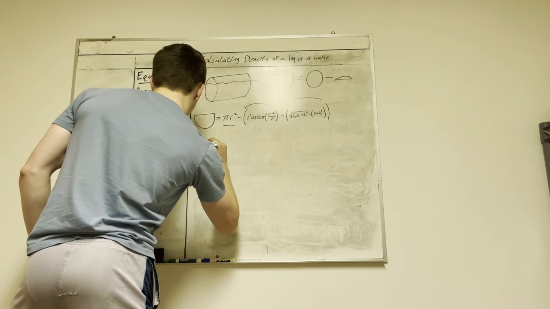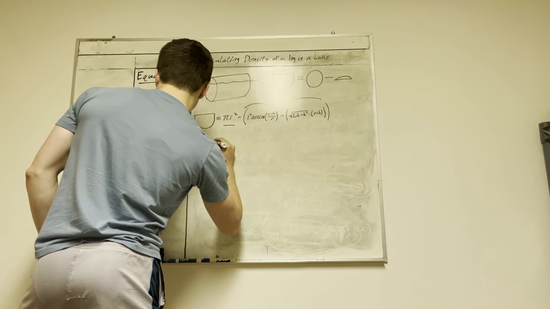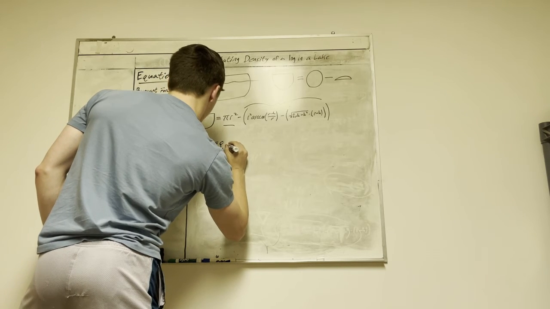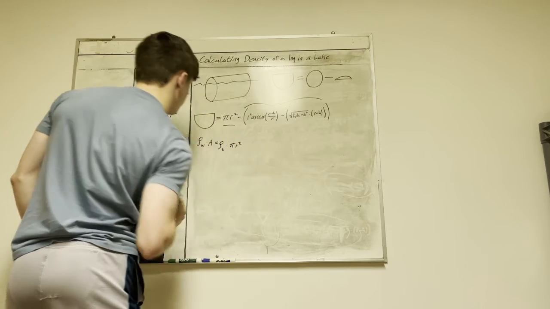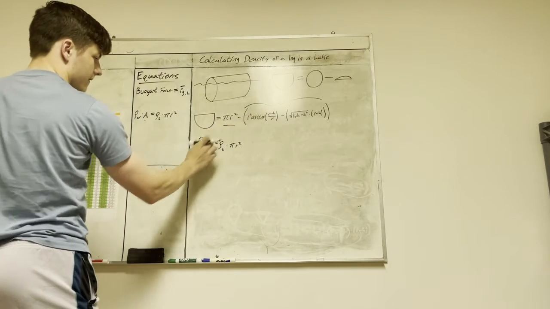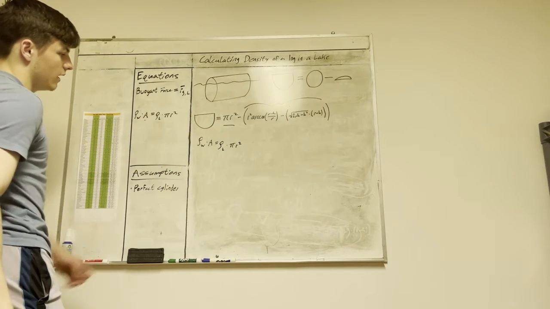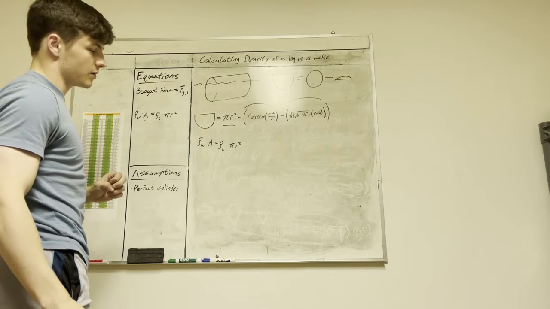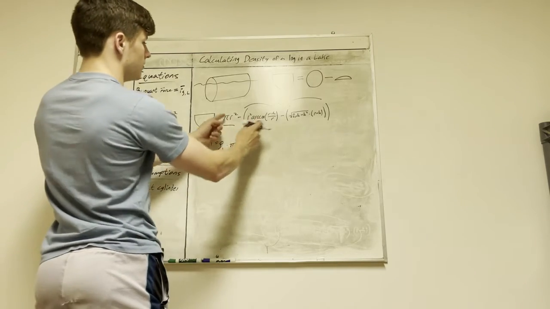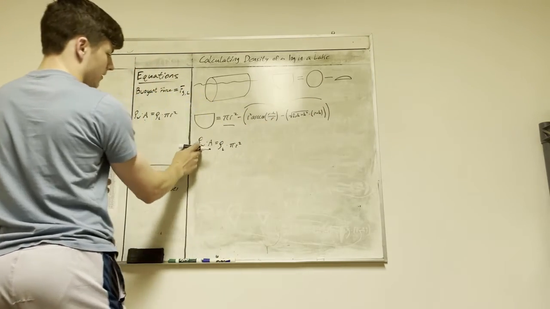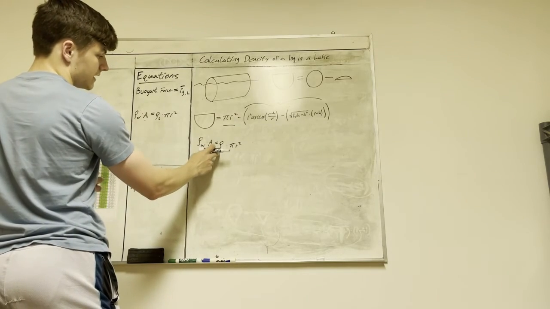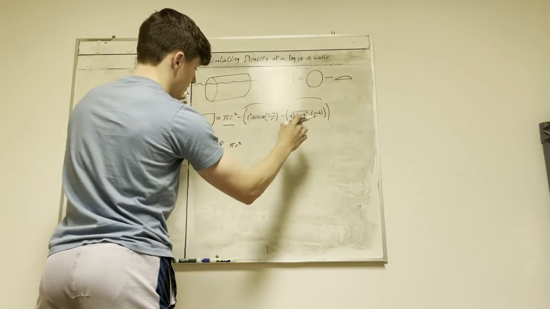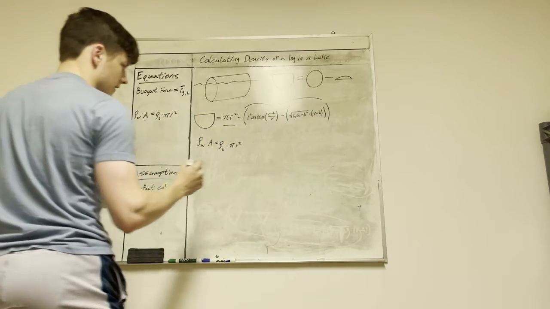So the density of the water times the cross-sectional area equals the density of the log times pi r squared. So now we have this A value, which is right here. We know that the density of water is 1,000 kilograms per cubic meter. So basically what we're gonna do is multiply this by 1,000, and then to isolate the density of the log on one side, we're then also going to divide that by pi r squared. So what this density of the water will look like,